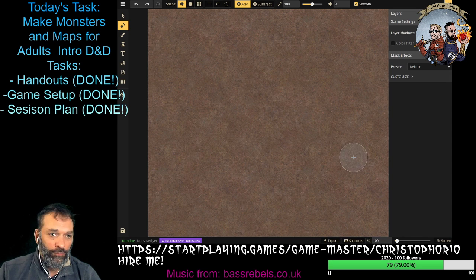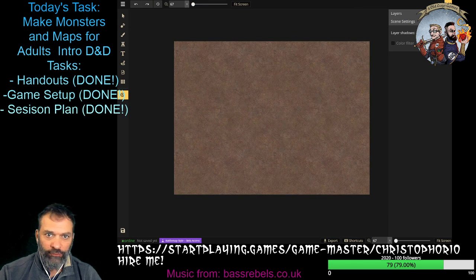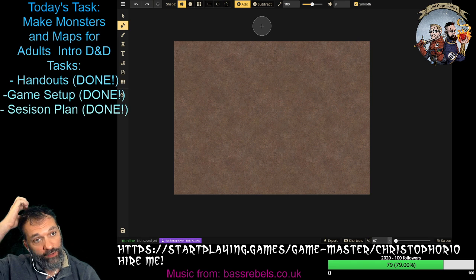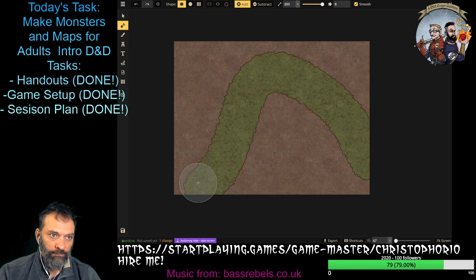So this is what you start with, which is just basically parchment or dirt, and you start with the mask tool because you have to add land. So you'll have a foreground for the land and water. You have a foreground and a background, and so you literally just make your land. It outlines it for you. It uses this default